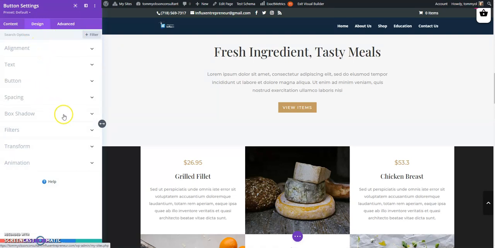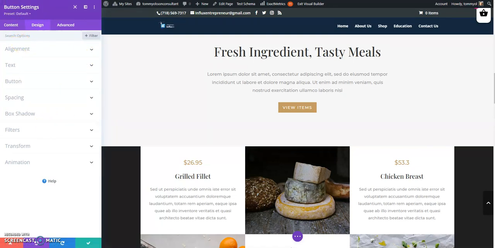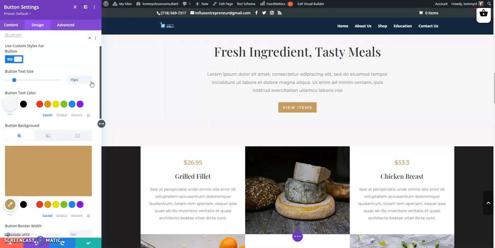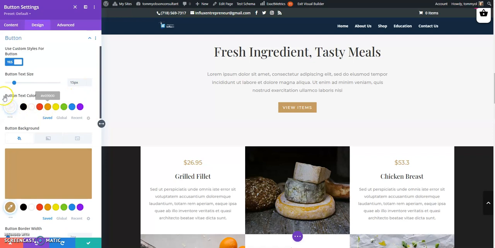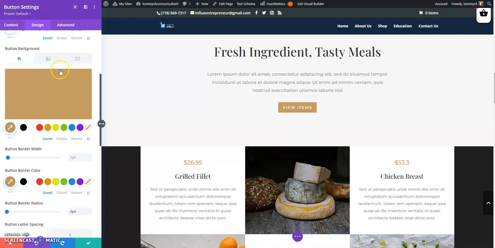Alignment, box shadow and all that. You can click on button here, and you can have a text color, button text size, button border width and so on, and the color of the button. Like that. And when you're satisfied, then you click on the green button again.